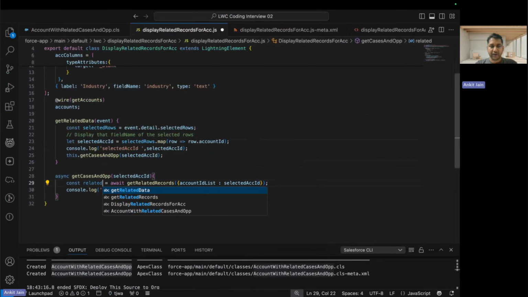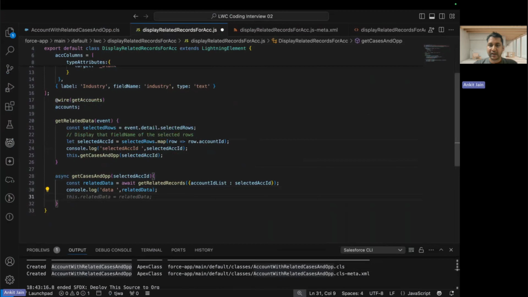So here I am putting the variable name as the related data, a more logical name. Now, whatever the output that we are getting, and this part is very important, we have to go and separate the two different tables. We have to make sure that whenever we are separating the data, we